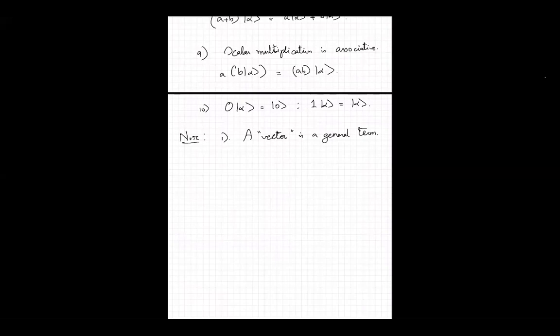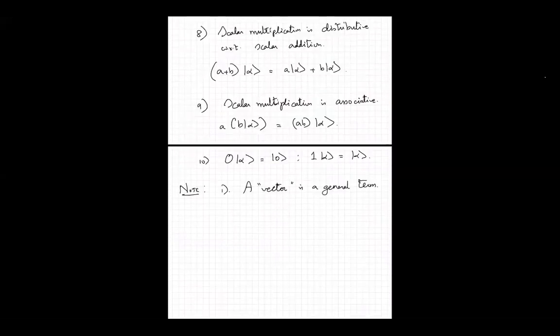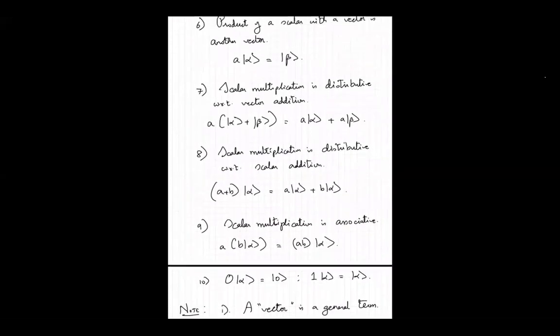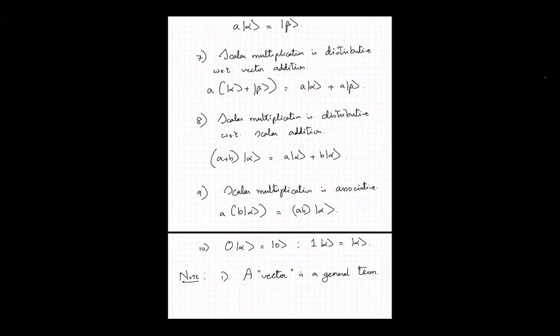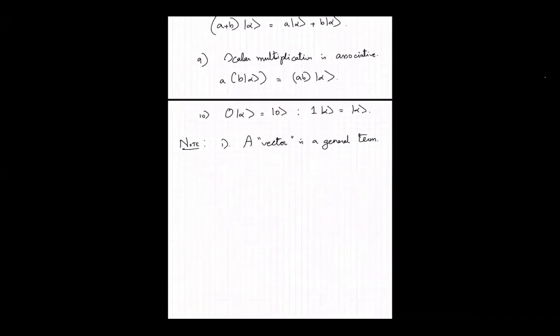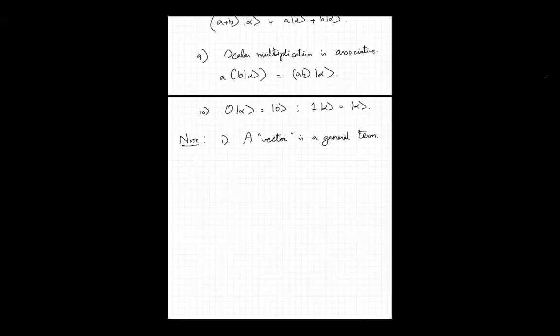This is precisely why we do not use the notation with the arrowhead on top, because we don't simply mean Cartesian vectors when we say vectors. Any object that satisfies these 10 rules can be called a vector. As long as these axioms are obeyed, these objects are said to live in a vector space and they are called vectors. For example,